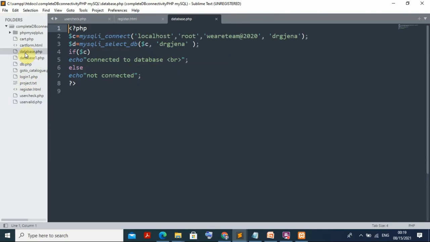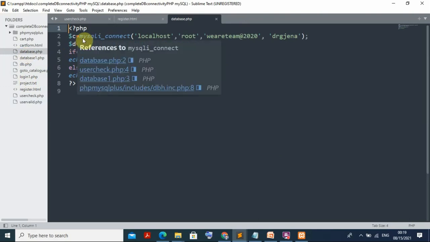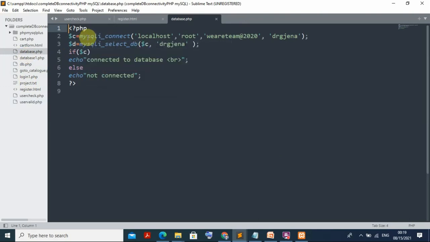In the database connectivity, I am putting db connect.php or database.php, whatever you say. Here $c, I am writing the query language. It is just the connection, mysql_connect localhost root we are team 20. The same thing I already explained. And $d is equal to selecting all the things from that one. For this it needs this $c, and this is not necessary because I have already provided the database. You can also provide it, there is nothing wrong.